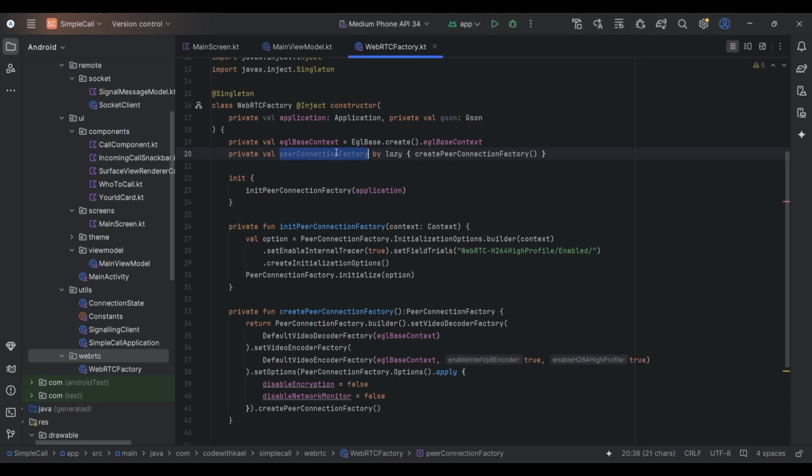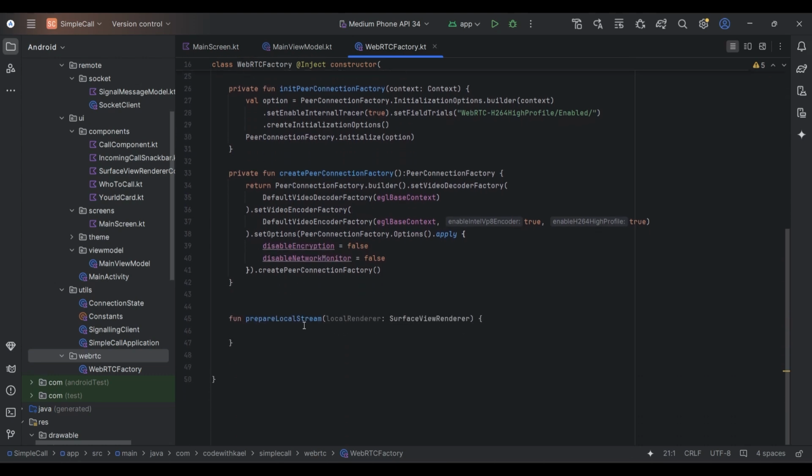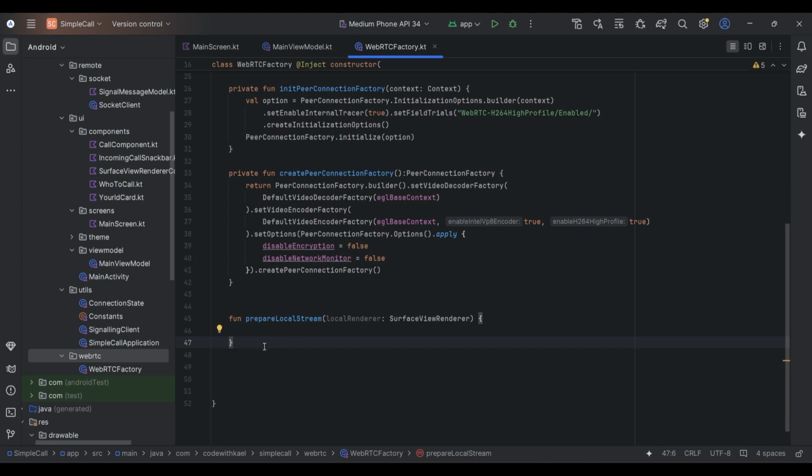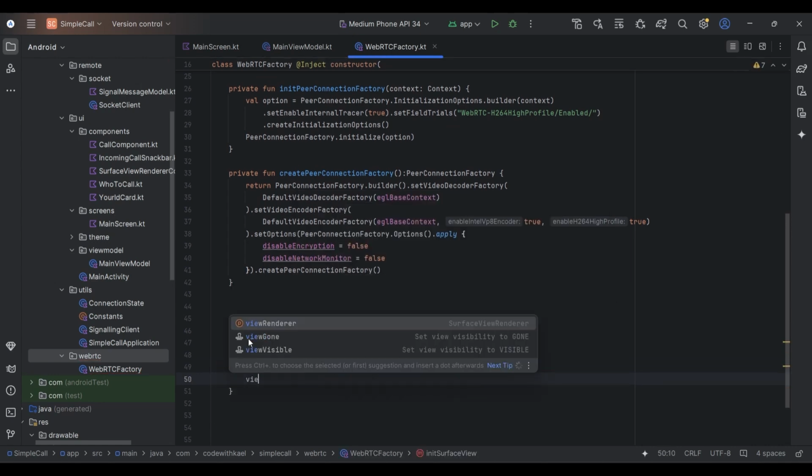Now that we have this PeerConnectionFactory, which is in charge of everything, we can have our function to prepare the local stream. We need to first initialize our SurfaceViewRenderer. It means that we should set up the SurfaceViewRenderer to be ready to preview the video track. We need to write a function, fun initSurfaceView. It's going to get a view renderer of type SurfaceViewRenderer. All it does,